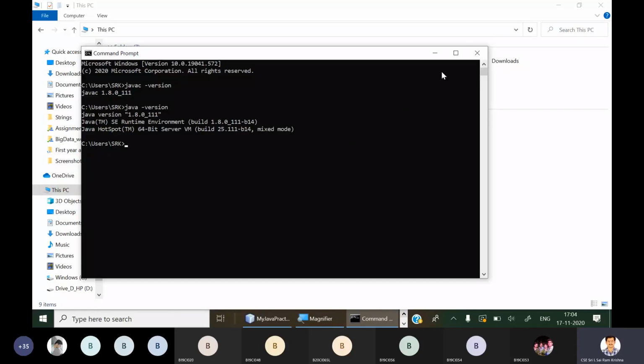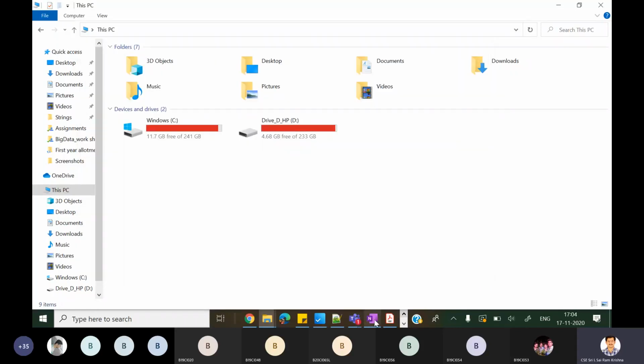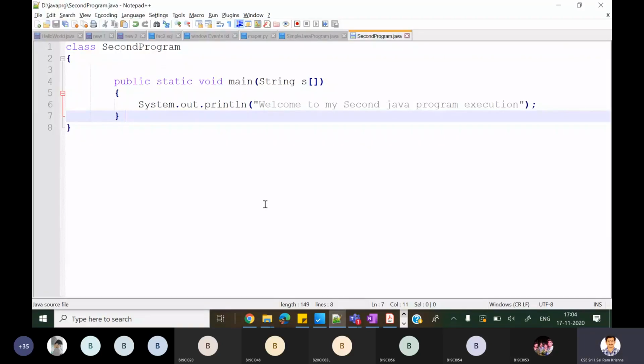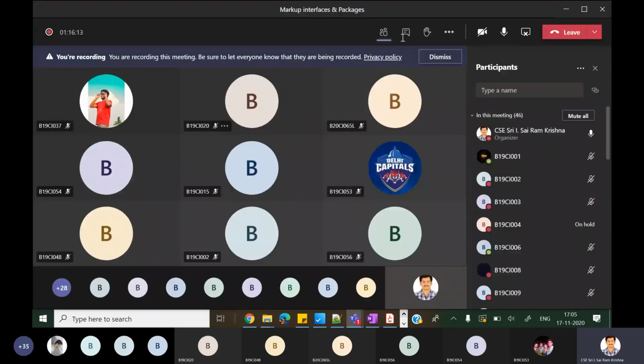Okay, so in this video we have learned how to set the path for Java using the command prompt with the set path command, and even I explained at the end how to set the path permanently so that you need not set the path again and again. And even I have explained in the beginning why to set the Java path, right? Anyway, now let's end this video.